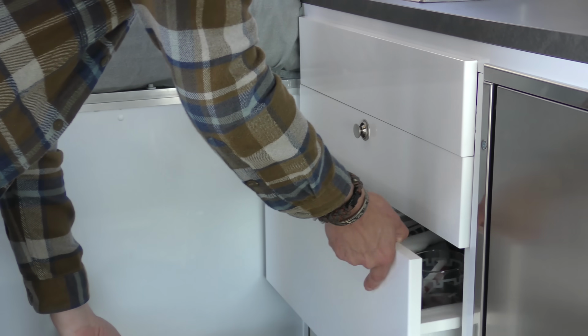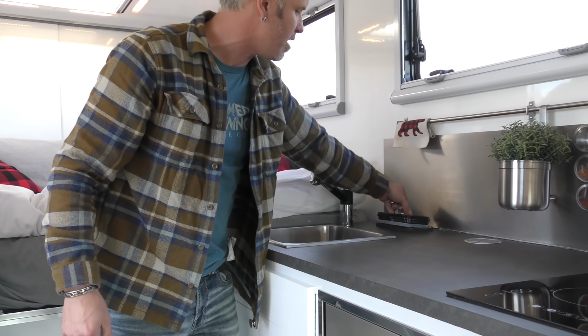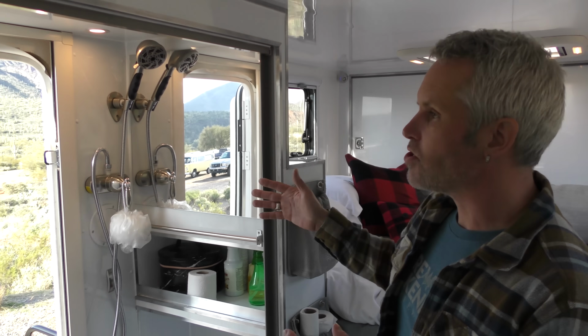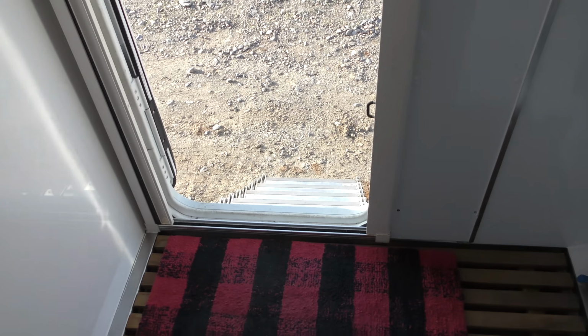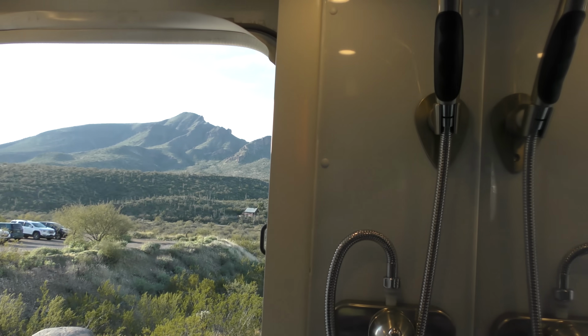And then there's obviously the kitchen sink, which is fairly rudimentary. We've got a small garbage in here, which is really handy for when you're chopping food and what have you. You may not be aware, but you actually walk through the bathroom. So what's great about this is we had an Airstream, a 28-foot Airstream. It had a huge bathroom, and don't get me wrong, it was lovely. But a massive waste of space for something that you spend all of 2 minutes in, because as we all